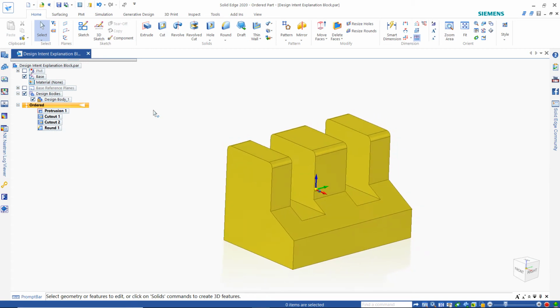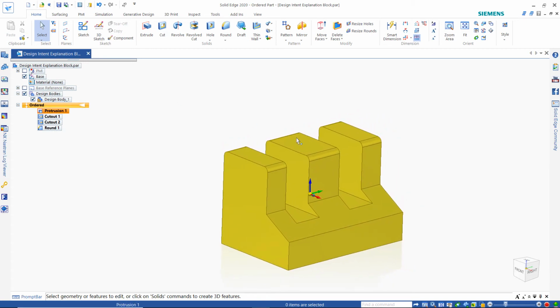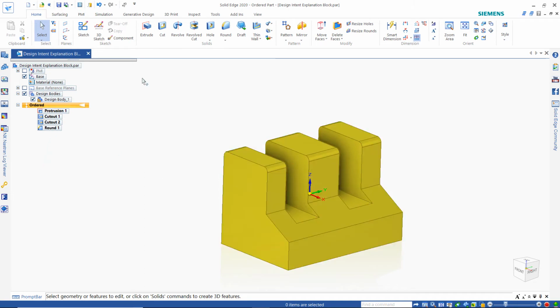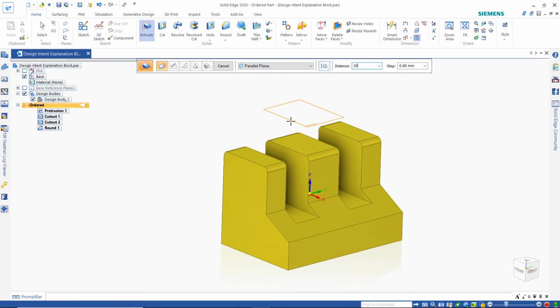dimension. Now, we said that we want this centerpiece to be 20 millimeters taller. Well, that's a problem because it was modeled as a protrusion. So we're going to have to go and create maybe an extrude, and we'll go parallel off of this top face. We'll come up 20 millimeters,